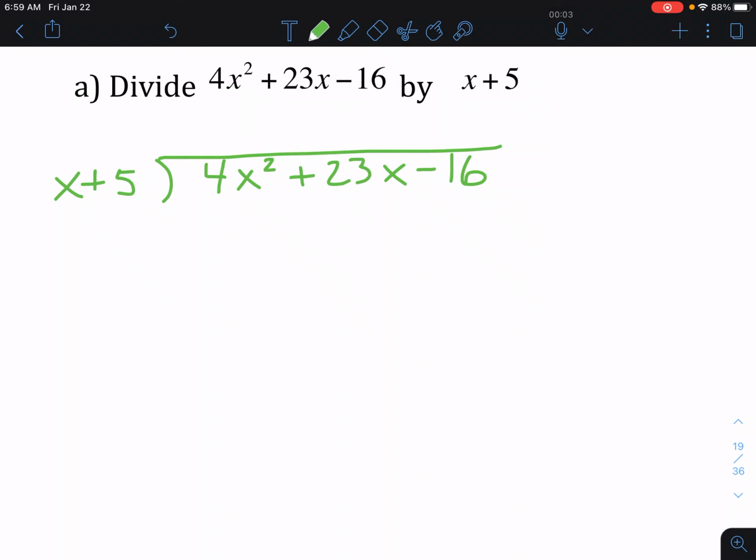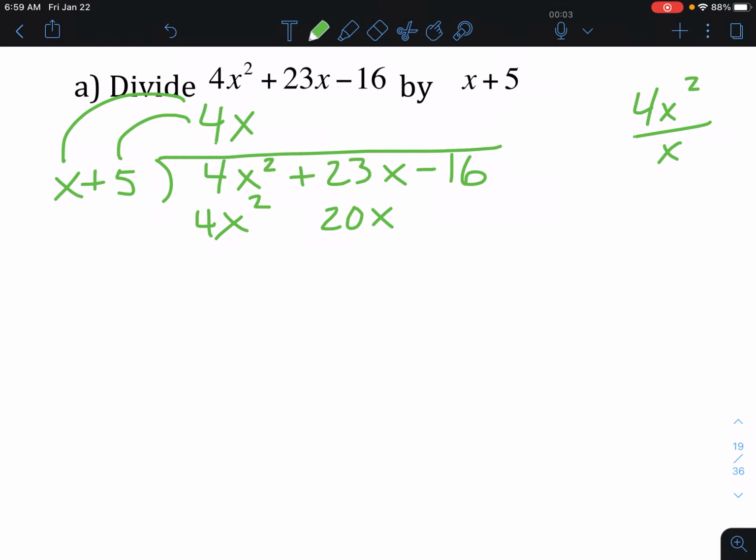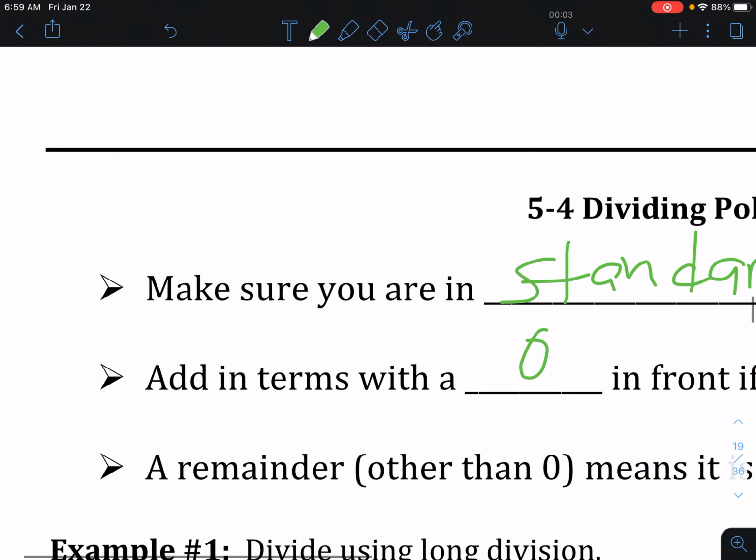You have to do first term divided by first term. So you're thinking in your head this right here. What's 4x squared divided by x? That would be 4x. So you put that 4x anywhere up here. And then just like in the warm-up, you multiply 4, but you're going to multiply twice. You're going to multiply by 2 terms. We're never going to be dividing by that 5, but we will be using it when we go back and multiply. So 4x times x, 4x times 5,